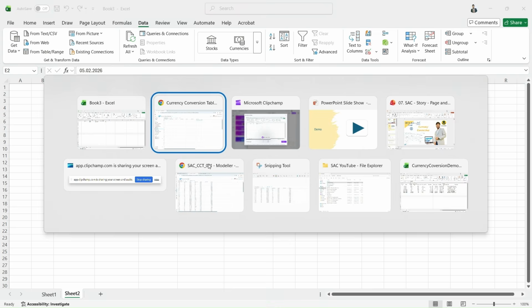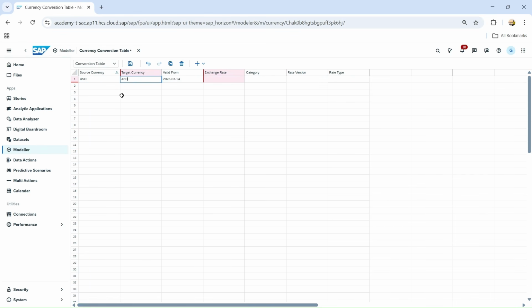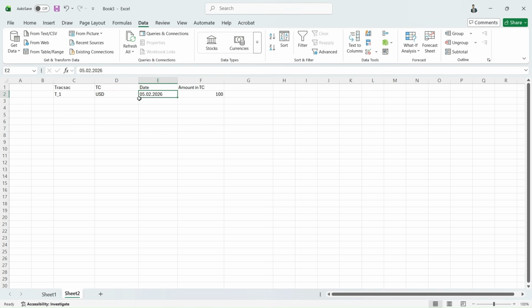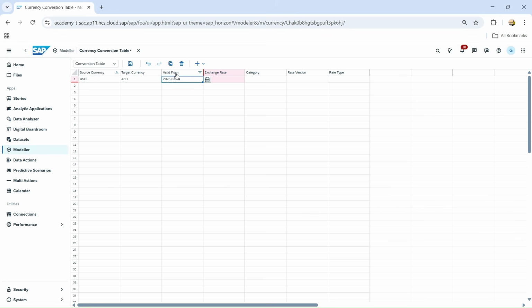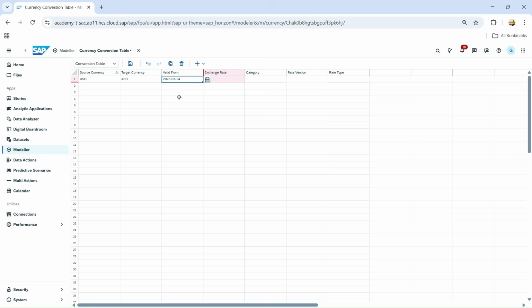Okay, so I'll go to this table, and I need to maintain a rate between USD and AED, and you can give any date before this date, because the column says it is valid from. It is not a validity date. That means it is not required that you maintain 5th of February over here. It is not like that. So even if you maintain your rate starting from 1st of January 2026, and you maintain the rate of 3.675,